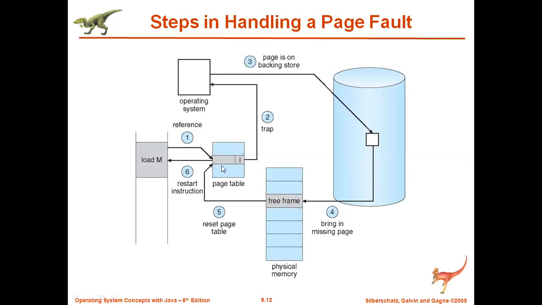If a page fault has occurred, then what is the next task? How to handle this page fault? We cannot tell the CPU that I don't have that particular page. We are telling it the lie that I have that page. Then somebody has to get that page into the page table. How will we get that? So whenever a page fault occurs, immediately an interrupt is going to occur, which is called a trap. The trap interrupt is going to get executed, and that will give control to the operating system. So this is what we call a context switch.